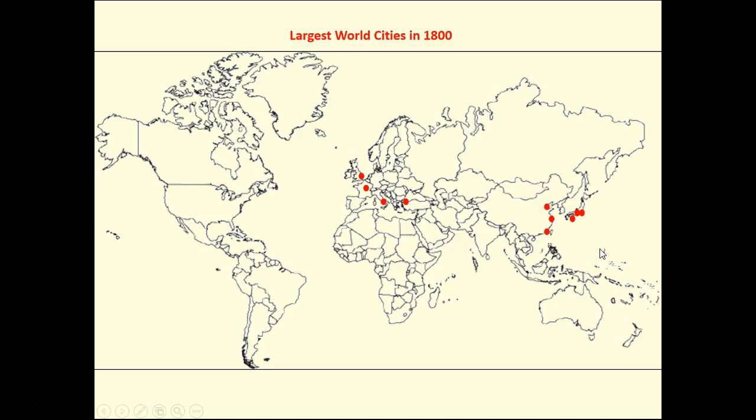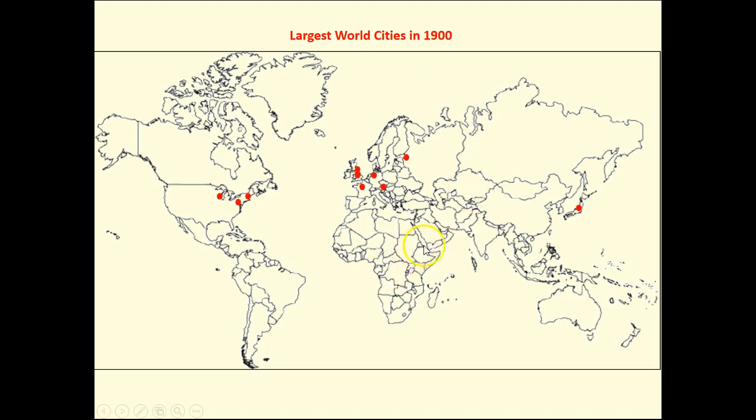Now, this is a very pronounced difference, and you can ask yourself about the effect of the Industrial Revolution on the world. If I go 100 years later, we can see a clear shift of hegemony to Europe and the United States and Russia as well. So 9 of the 10 cities are either Russian, European, or American, with 2 in England, 1 in France, 1 in Germany. And we see the Industrial Revolution and the age of exploration has yielded a lot of imperial might from the European nations.